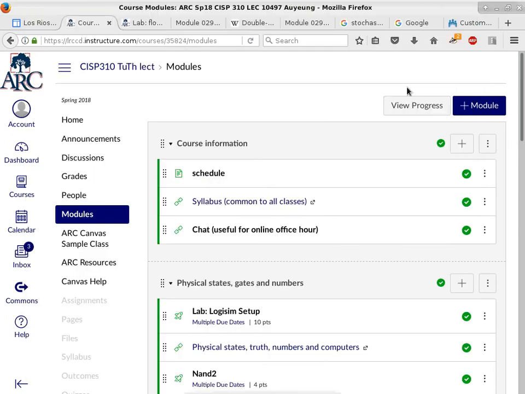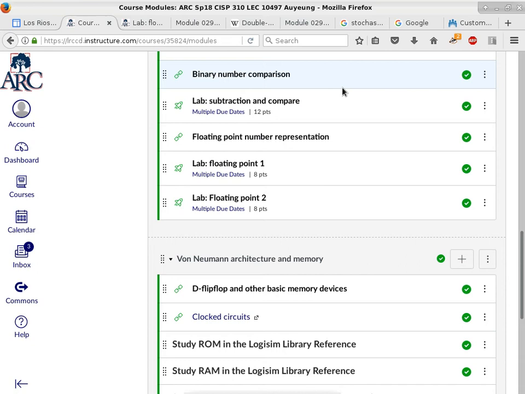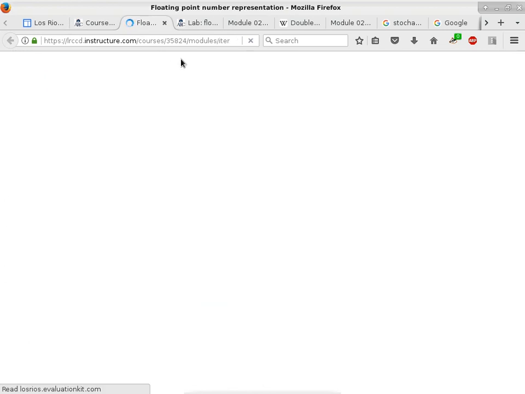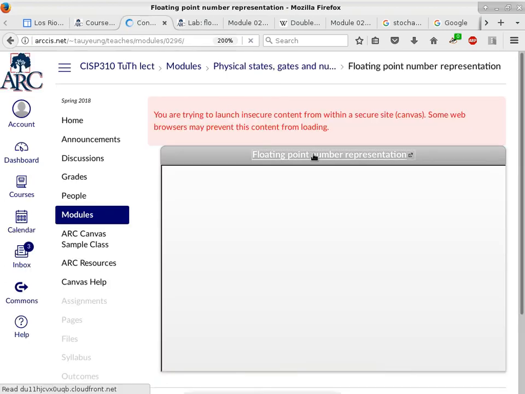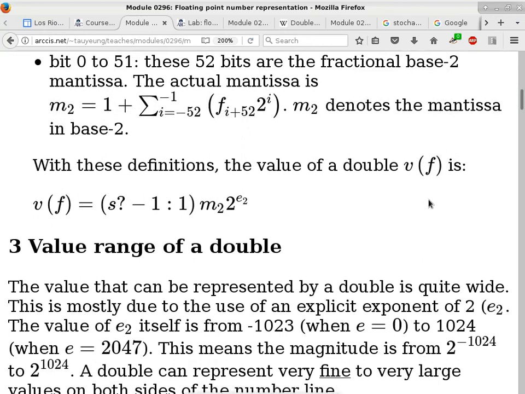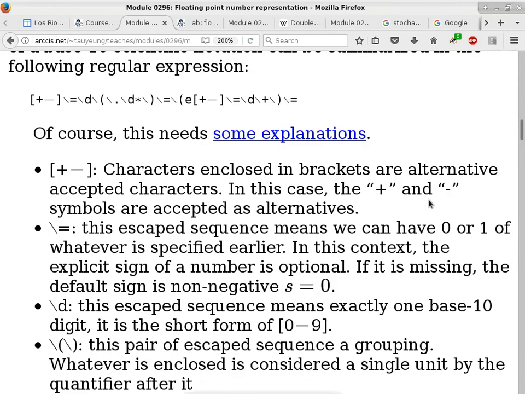So let me go back to the floating point number stuff, not the exam. It is all the way up here: floating point number representation. And I think I skipped one portion, or maybe I just ran out of time last time. I didn't have enough time to talk about it. It is the regular expression stuff. I don't think I went through this in the previous class, did I? Nope. Okay. So regular expression, this is basically saying, what does a base 10 scientific notation number look like?